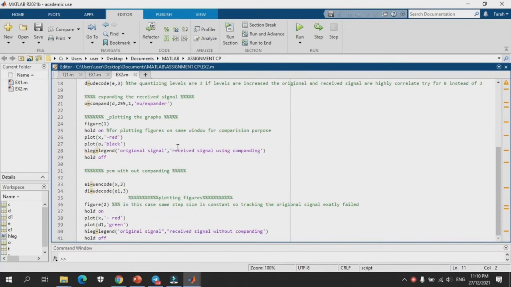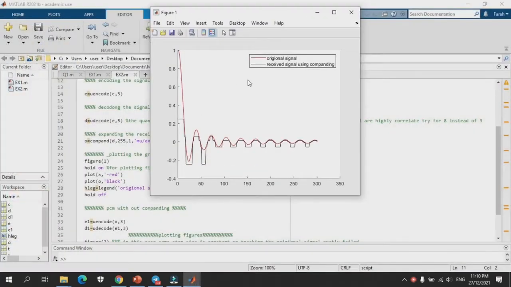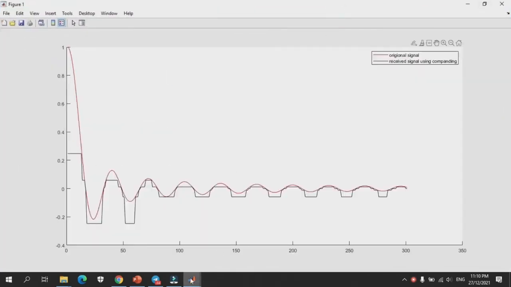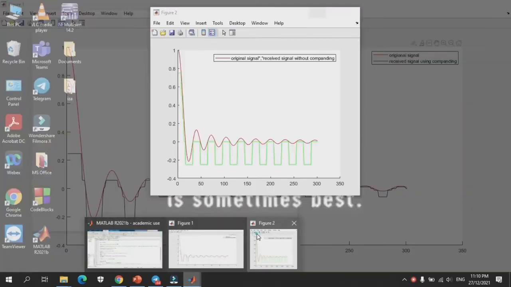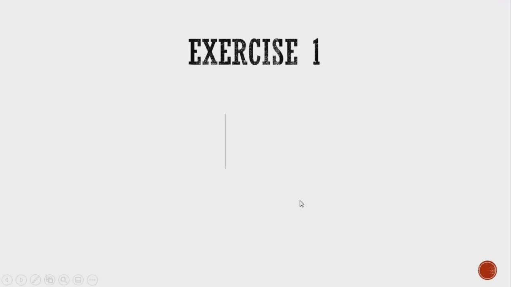This is the code for example 2. This is a receive signal graph using companding. Next, this is the receive signal without companding. For exercise 1,